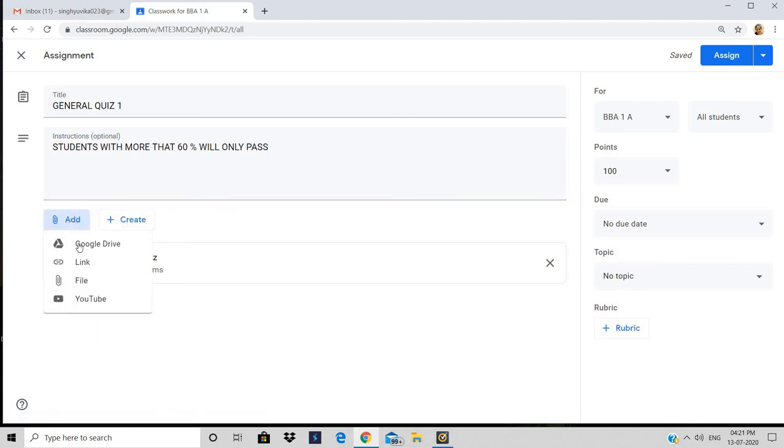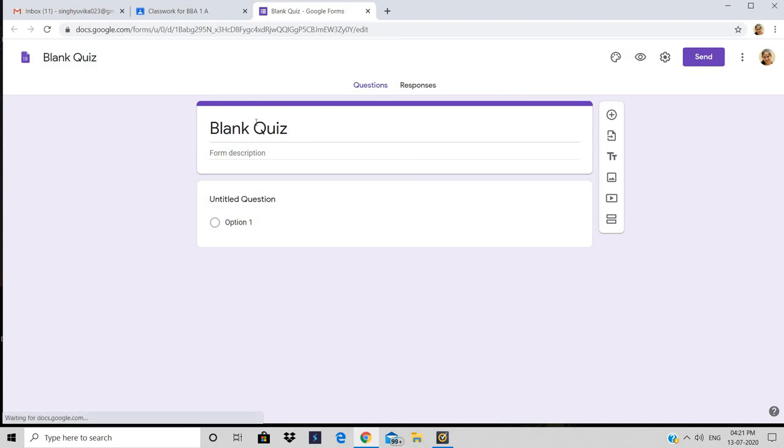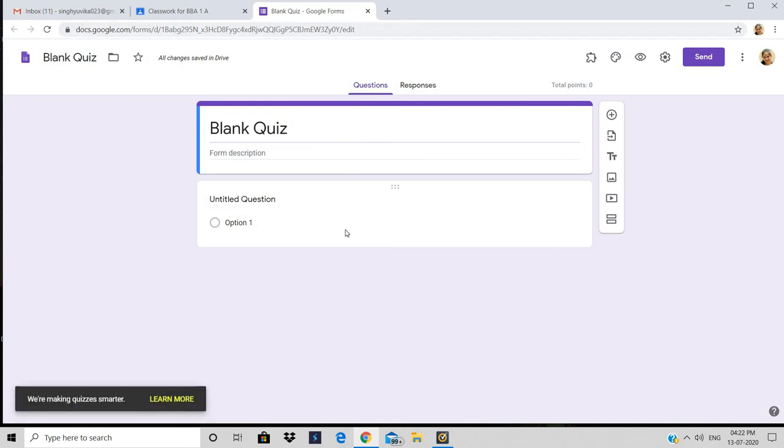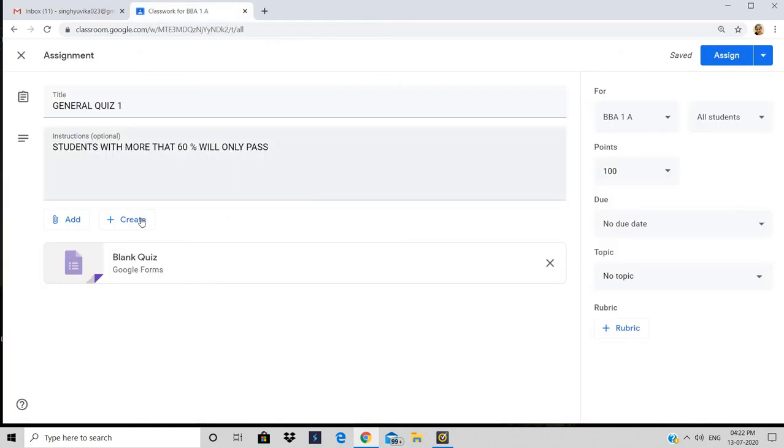Now again, what can I do? I can just attach a file here for the quiz, or what else I can do, I can just directly link to the Google Forms. I'll just click here and I can just prepare a Google form. I can just create a blank quiz here. As we can see, it is a blank quiz. We can just create a quiz here according to our convenience, and whatever changes I will just make here, that will be saved here. So we all know how to make a form. We have just conducted the examinations also for the students, so we can just conduct here. So what students can do, they can just go through this and click it here, and they can just perform the quiz.